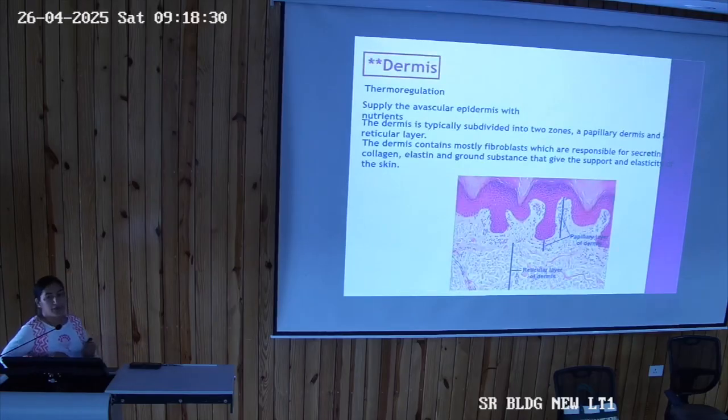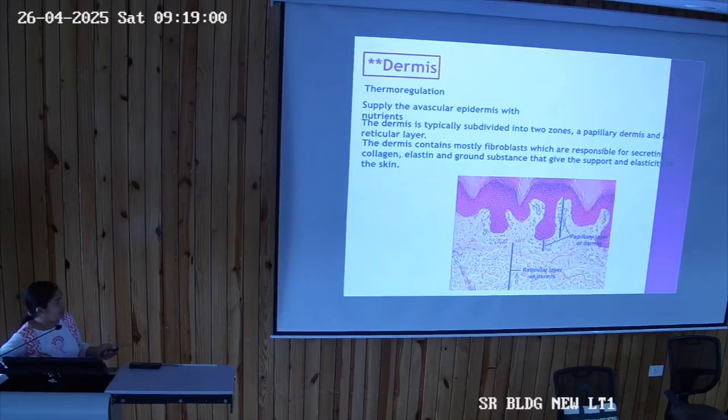Now, coming to the dermis. This was all about the epidermis, the different types of cells and layers present in it. Below the epidermis is the dermis. This dermis is divided into two layers, the papillary layer and the reticular layer. When this slide comes to you, they will ask how you can divide the dermis, what is the differentiation, and where is the papillary part and where is the reticular part.